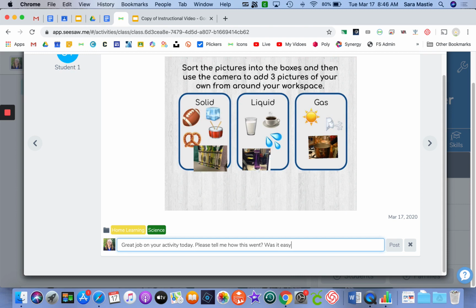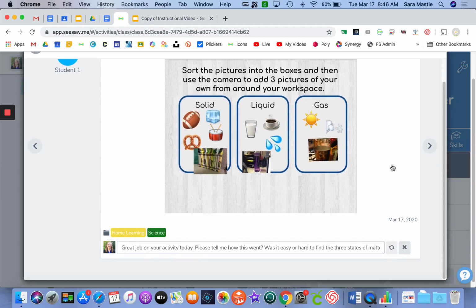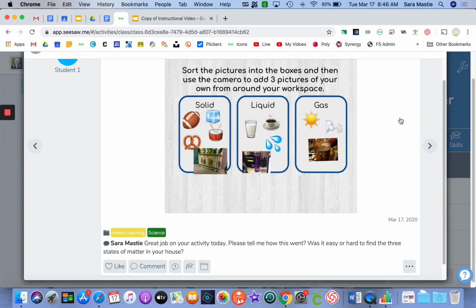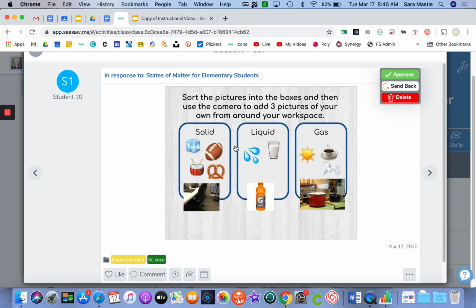Was it easy or hard to find the 3 states of matter in your house?" So I'm going to post that to my student, and for two-way communication to work, my student has to reply to my comment. So I'm going to go through, I can press the arrow to go on to my next